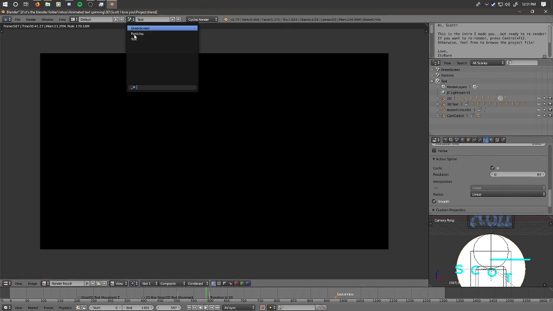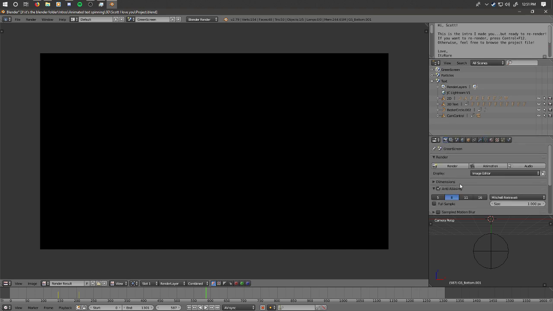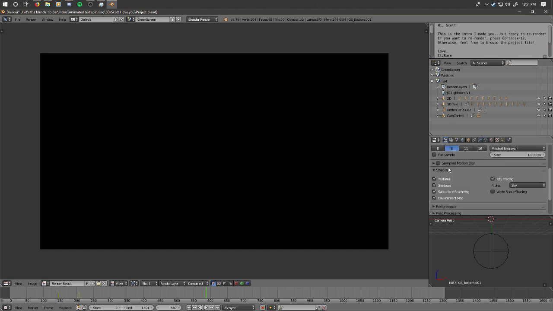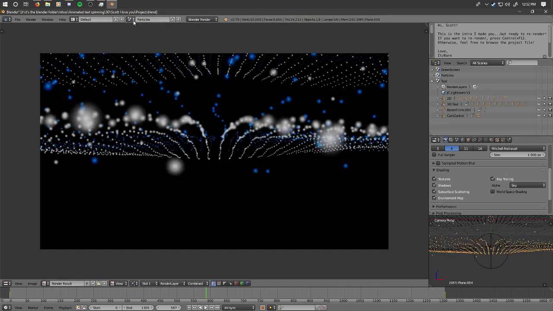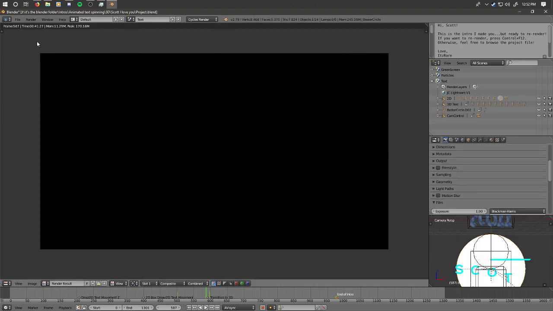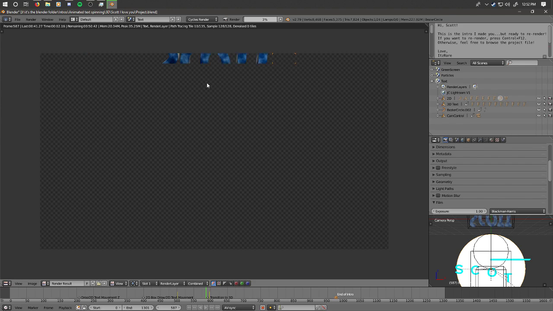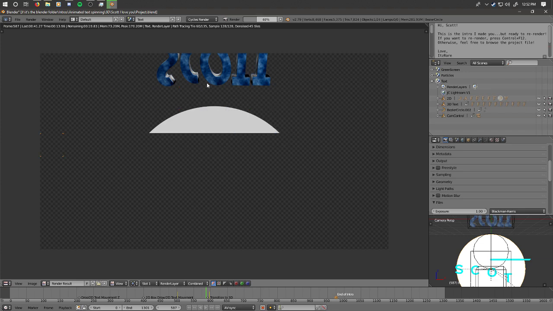Wait, oh shoot. I forgot to change this background to sky. So I go to shading, alpha, transparent. Now let's head back over to particles, text, re-render the image. Whee! Now I actually enabled denoising because I think denoising is the bomb.